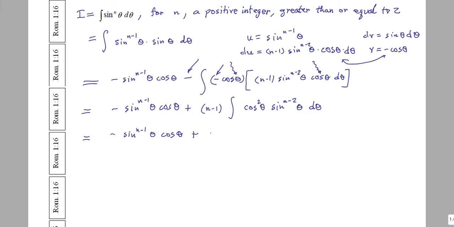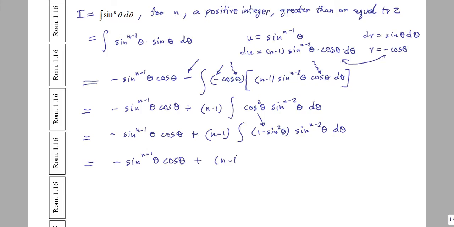And so here it is. I'm going to write cos squared instead as 1 minus sine squared theta times the sine raised to the n minus 2 power theta d theta. And then I'm going to distribute, so this is minus sine to the n minus 1 power theta cos theta plus, if I'm distributing, n minus 1 integral of sine to the n minus 2 theta d theta